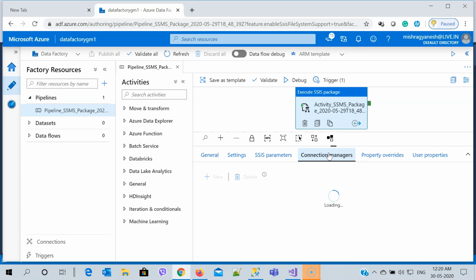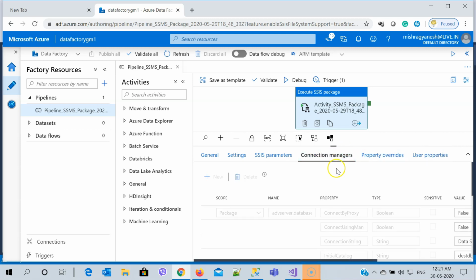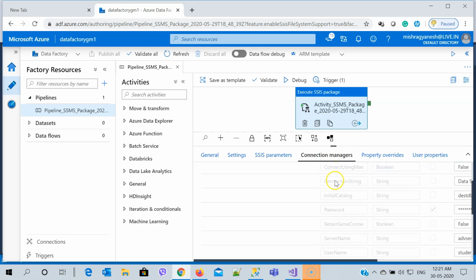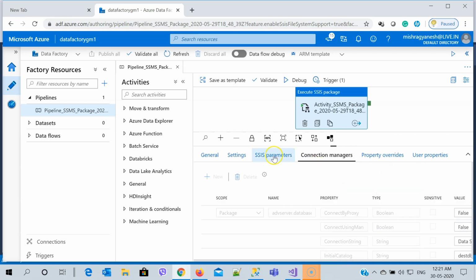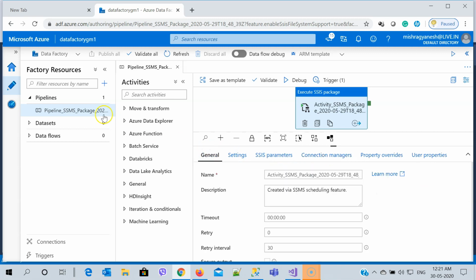And then as I have already performed the scheduling by using that, I will be able to follow it right here. Then property overrides, user properties, connection managers. So they have some connection managers which have been connected successfully with my server, and they are providing me all the necessary information which are required, right? And that's my general area, and that's a pipeline which is automatically created by using your Azure Data Factory integration.